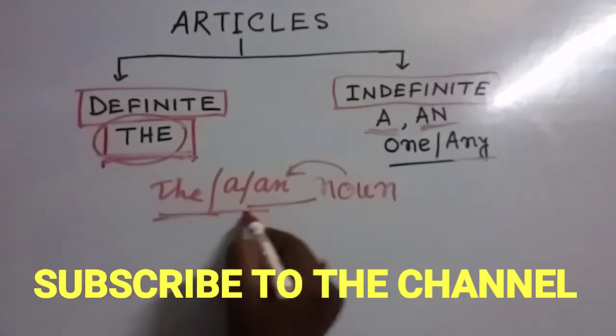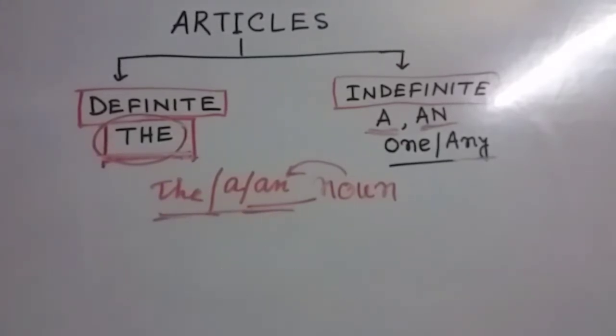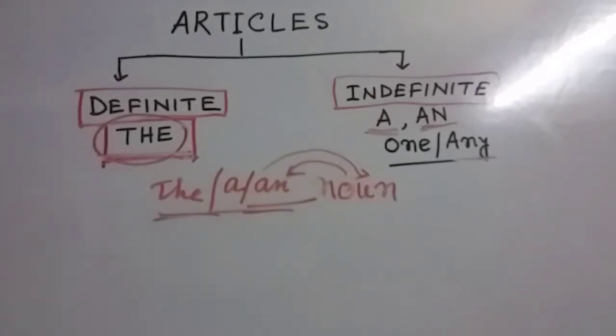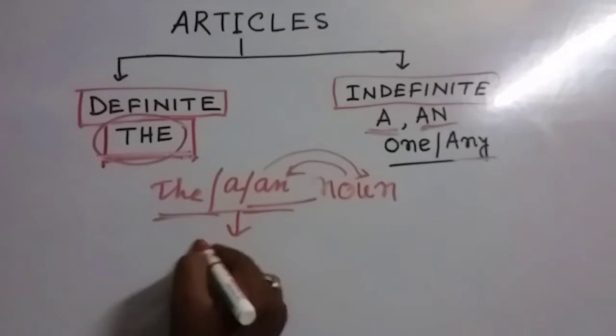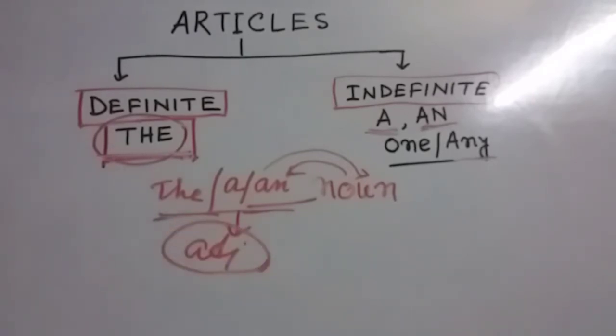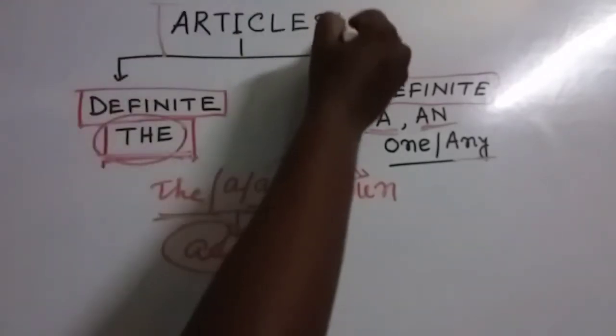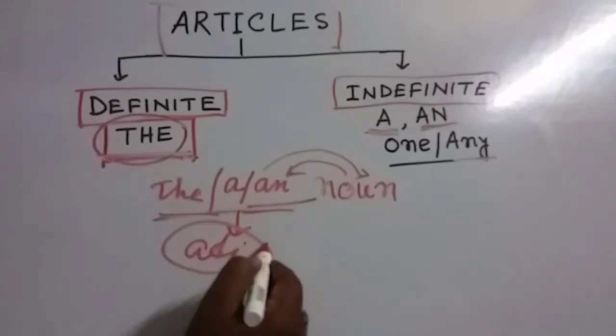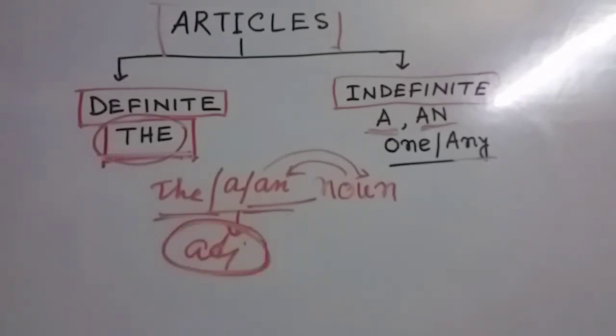As these terms say something special, or modify a noun, they can be called adjectives. Actually, it behaves like an adjective in the sentence. In earlier English, the article was treated as one of the parts of speech, but nowadays it is not treated as a part of speech. Actually, it behaves like an adjective, or sometimes you can say it behaves like a determiner.